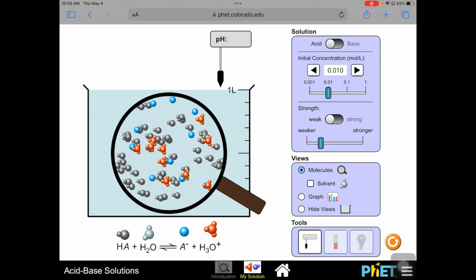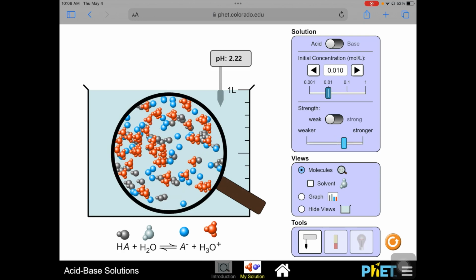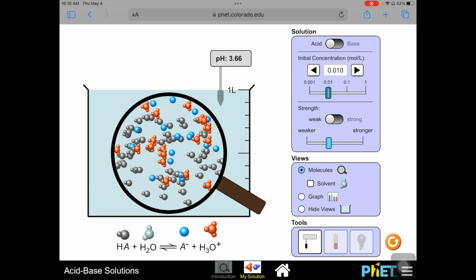Looking at the simulation, you can see here that in this case, we are looking at an acid. We can tell the pH is 4.5. The stronger we make the acid, the more the pH decreases, and that's because we have more hydronium ion concentration. So stronger acid, more hydronium ion. Weaker acid, it's not breaking apart as much. We still have quite a few of the HA, which stands for hydrogen plus some acid anion, that hasn't broken